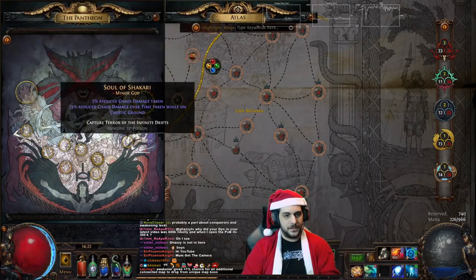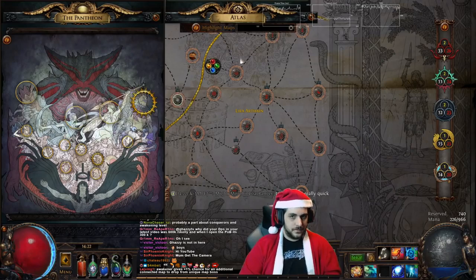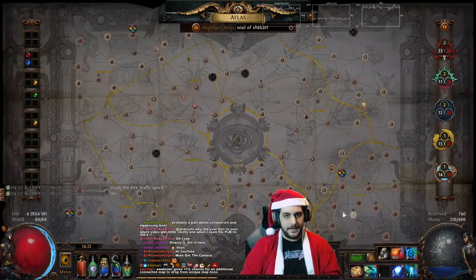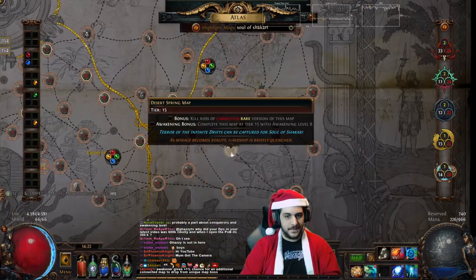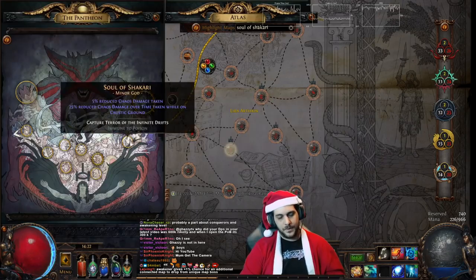So, for example, if you look at Soul of Shakari, it has an upgrade saying capture Terror of the Infinite Drifts to become immune to poison, if you now have this soul, which I have on my other character. To get this upgrade, what you can do is search in the atlas for Soul of Shakari. So by searching Soul of Shakari, I will then see that the only map lighting up is the Desert Spring, because this one has the Terror of the Infinite Drifts, allowing me to do this one to upgrade the Soul